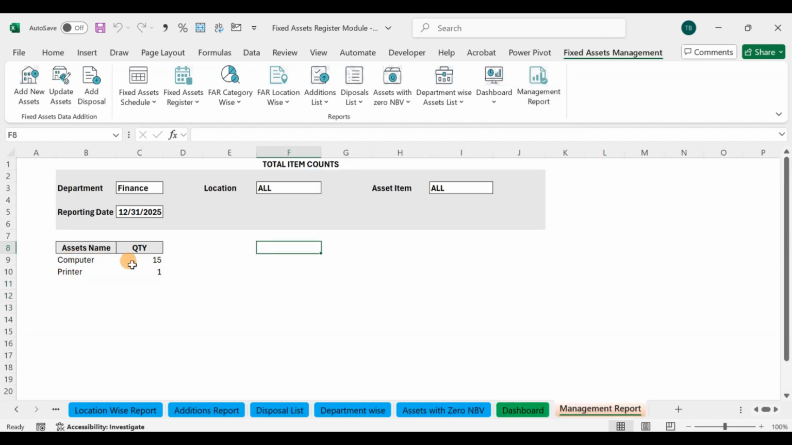Management report: sometimes our departments or the management need to know how many total assets we have, what the items are, and their quantity. Sometimes they allocate assets from one location to another, and they find where assets are needed and where we have them. So sometimes the items are in store, and rather than purchasing a new one, we just allocate it from the store. So we need to have that information. We can check it from the